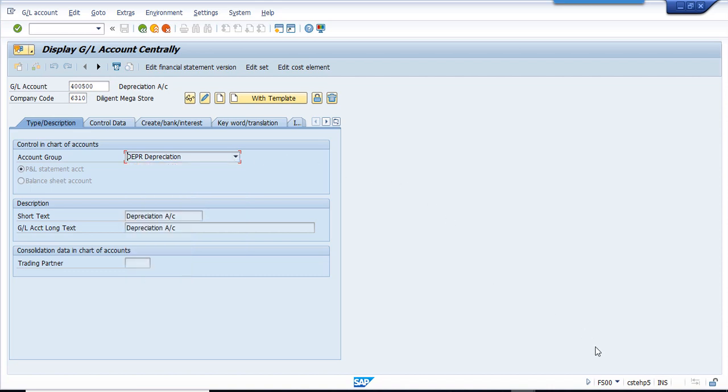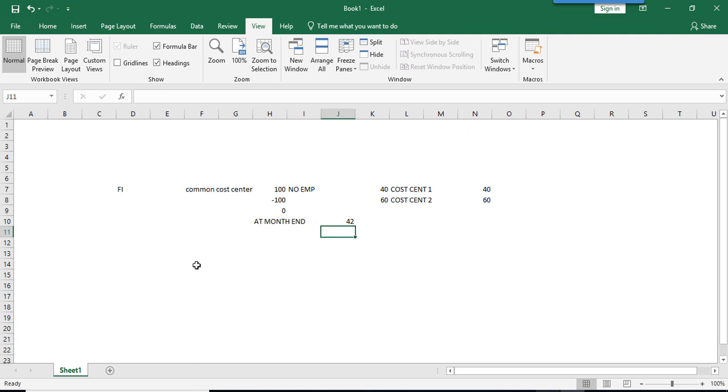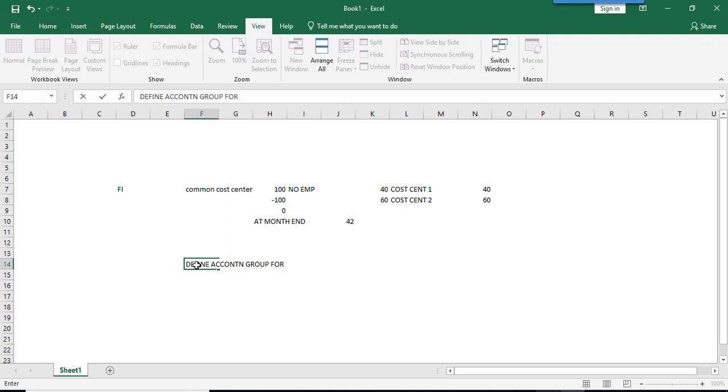That means the first step in S/4HANA is to define an account group for secondary cost element, as that is the major change here.